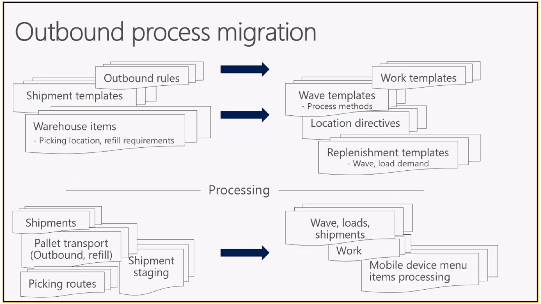For the WMS2 process, we created shipments based on shipment templates. We looked up how the outbound rules were defined to figure out whether we should, for instance, use shipment staging processes or not. And of course, we also figured out whether it would make sense in some processes to pick full pallets from the bulk area, whether we should trigger replenishment work, and whether we should pick via our picking routes. Those processes were, of course, in some cases flexible, but not compared to the new warehouse management